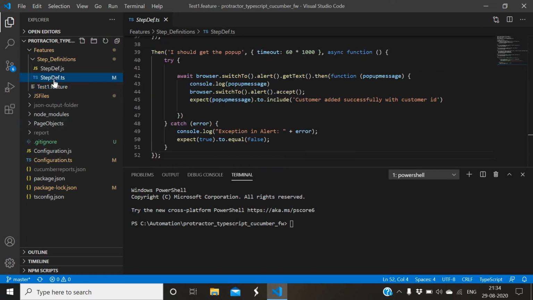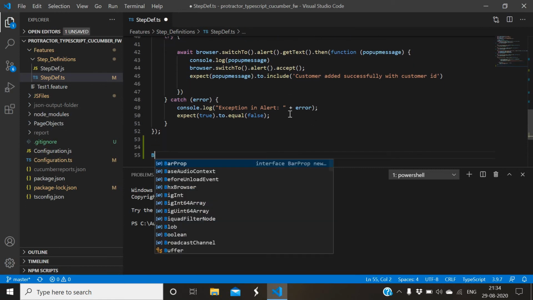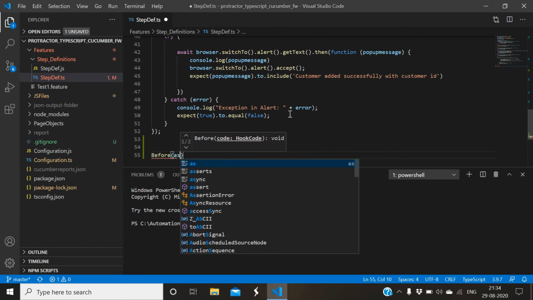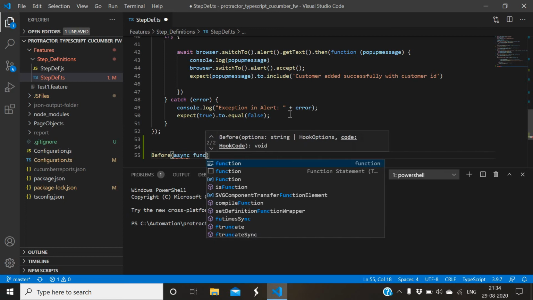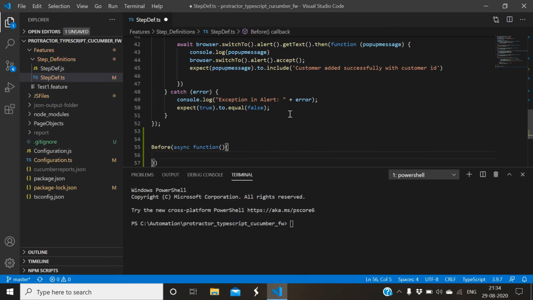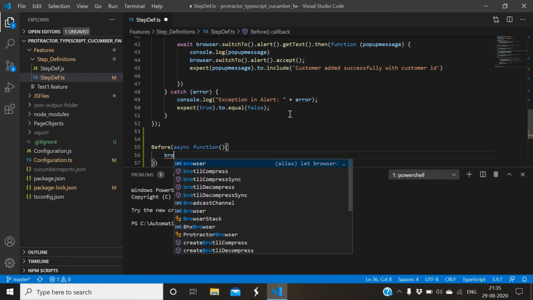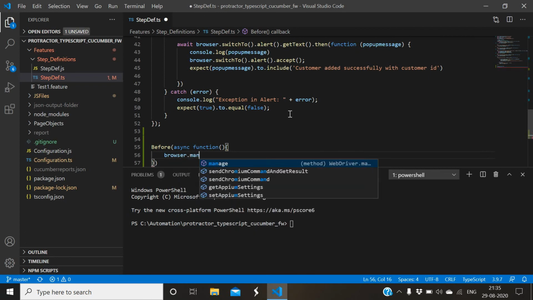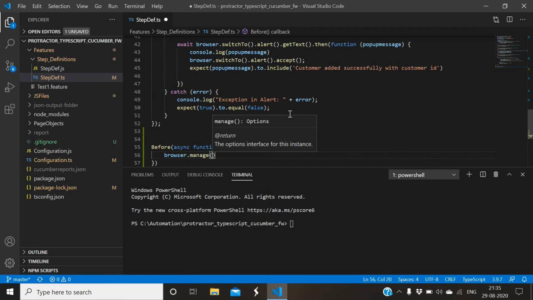So go to the step definition file and add a hook for before. In before, we will add a function. For example, we can delete cookies: browser.manage().deleteAllCookies().